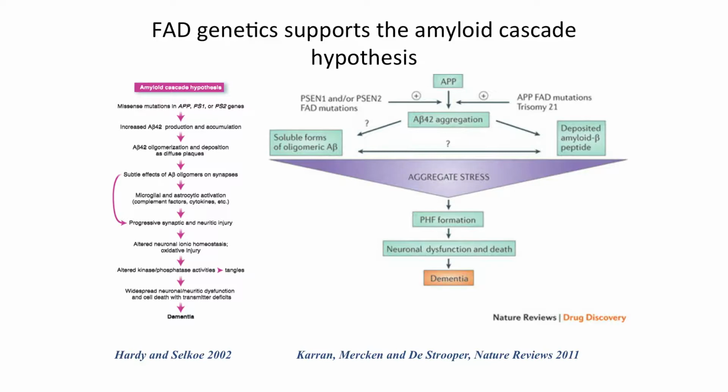And the other thing you can see is that some of these things are very vague in terms of their definitions. At the bottom, it's always dementia, okay? So what this means is we really don't understand the ways in which the amyloid A beta peptide is actually causing pathology. Now, it hasn't kept scientists from proposing things, but the only way you really know